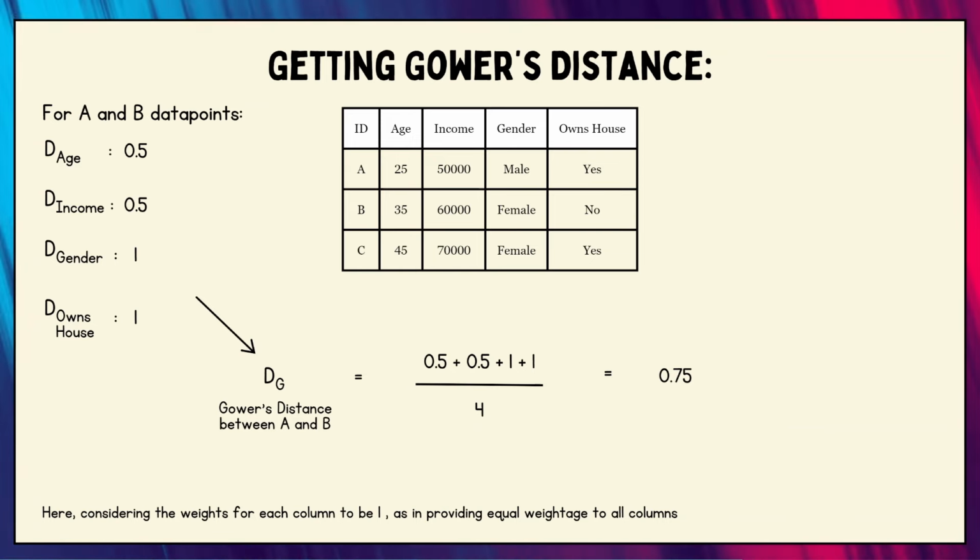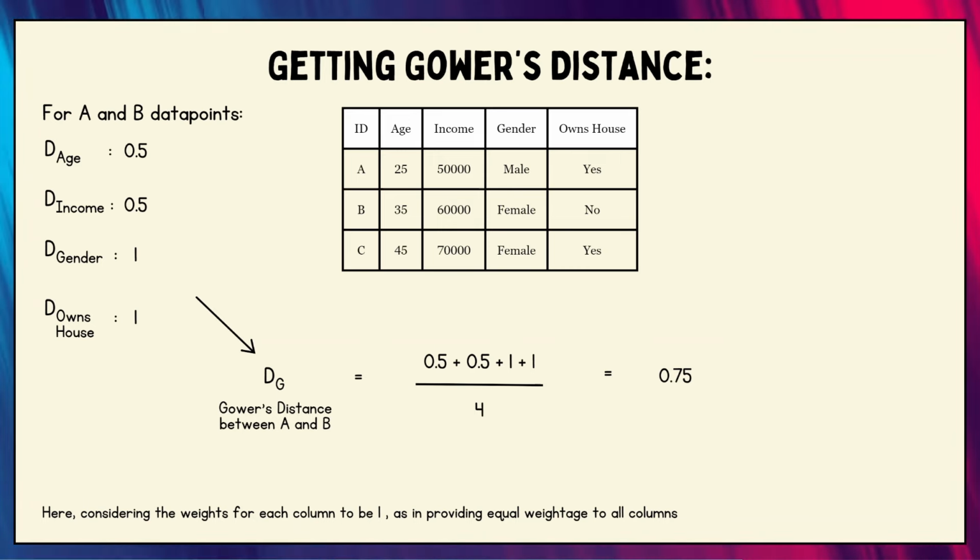Here you can see the magic happening. We can easily take an average over here without worrying about the kind of data type that we dealt with, because we have normalized the dissimilarities, which is what Gower's distance is all about. So here we have got a Gower's distance between A and B of 0.75. So in a similar way,